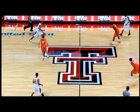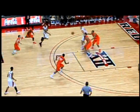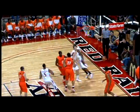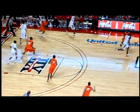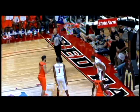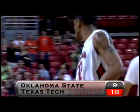The Red Raiders up by 3 in the early going. Mike Singletary met by the press near midcourt, but gets it to Dwaylon Roberts, who finds Brad Reese going strong to the basket for the jam. He had 8 points in the first half. Now the Red Raiders on defense. Jay Crockett with a steal and throws it up the floor to Singletary all alone for his first dunk of the year. Tech with 24 points off of Oklahoma State miscues, and they have their largest lead of the half,